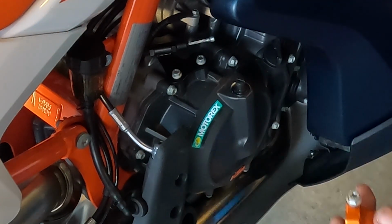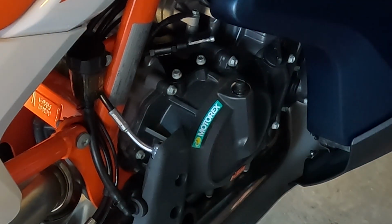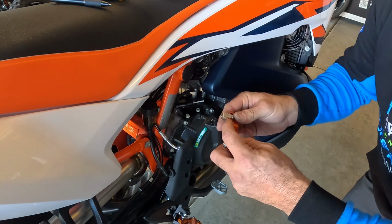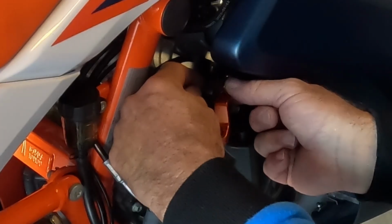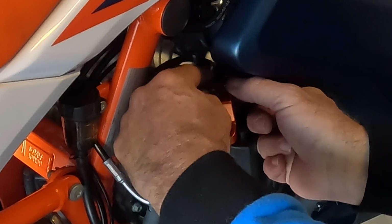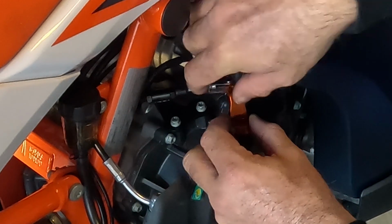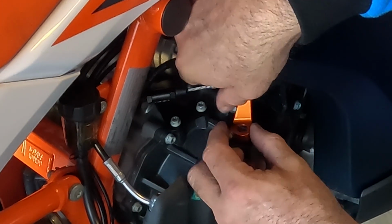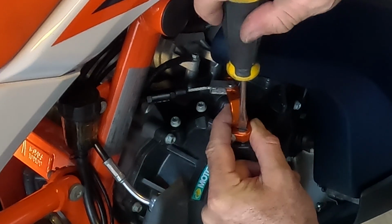Okay, and that is also an 8mm, like the factory pieces. Okay, so now once I've got this mounted up on here, I'm gonna go ahead and hook it onto the cable. Okay, I'm gonna set my arm down on the shaft,